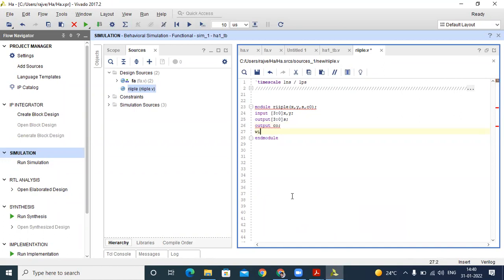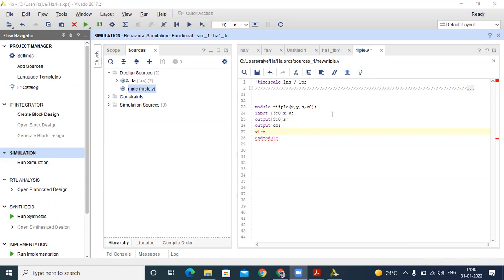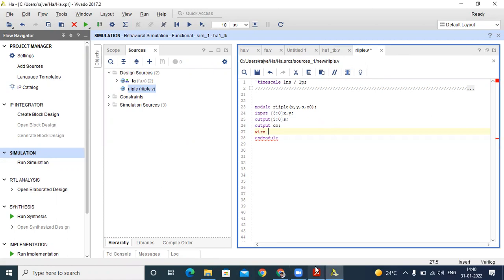After that we define our internal wire. After we define our internal structure, that is done in our full adder also.